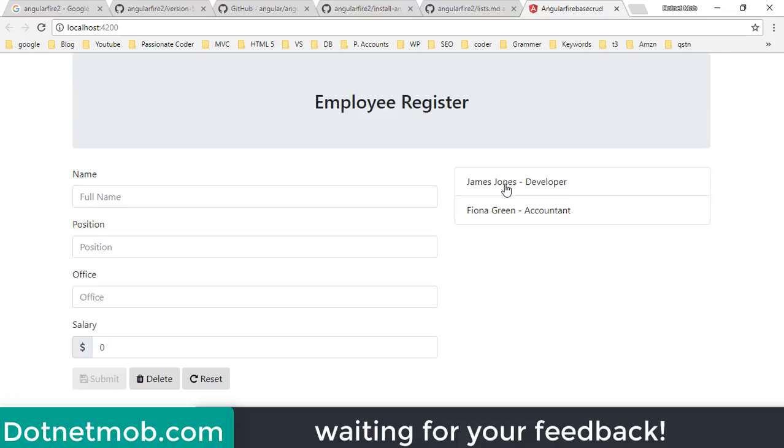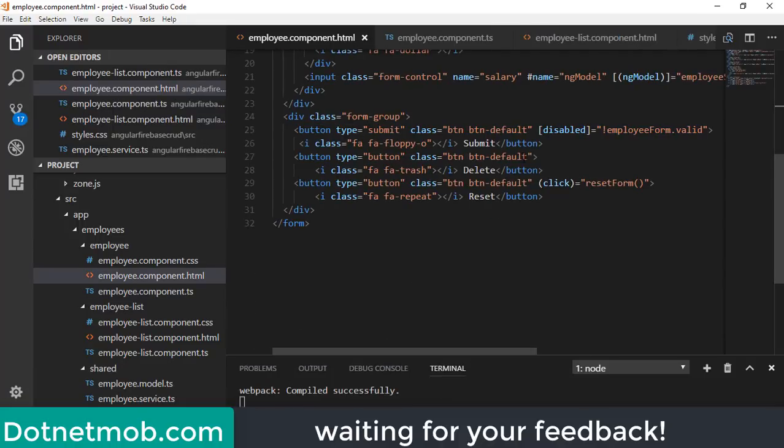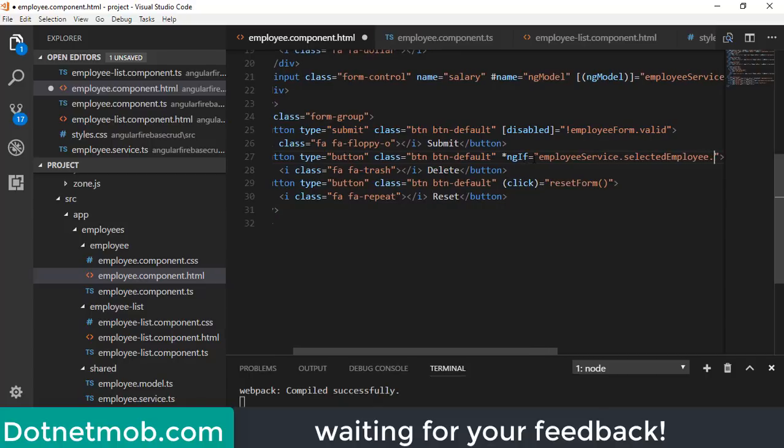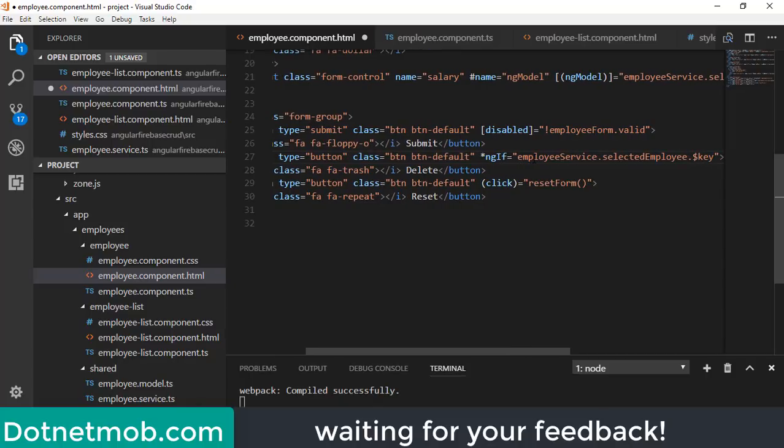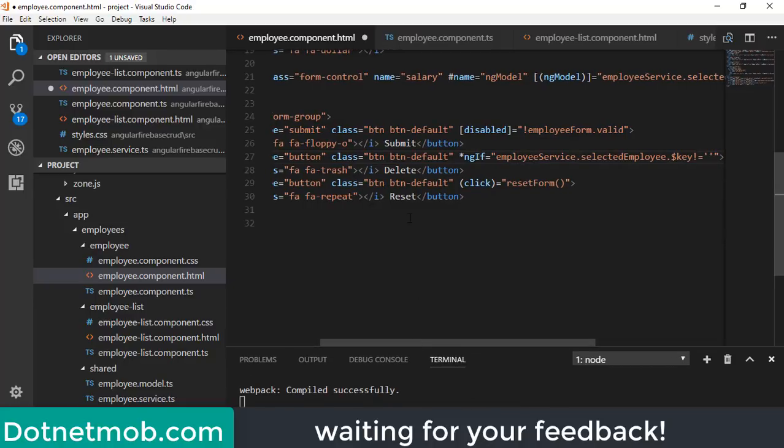Next we are going to implement the delete operation. First of all, we need to hide this delete button when this form is in insert state. For that I will do this. Look for the delete button, then we can add this ngIf equal to employee service dot selected employee dot $key is not equal to empty string, then only we need to show this delete button.